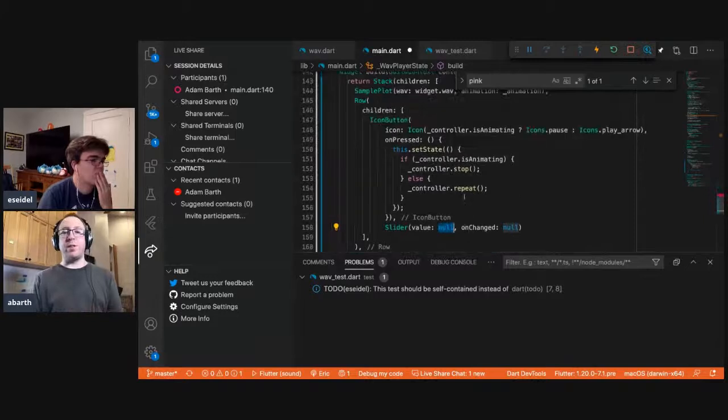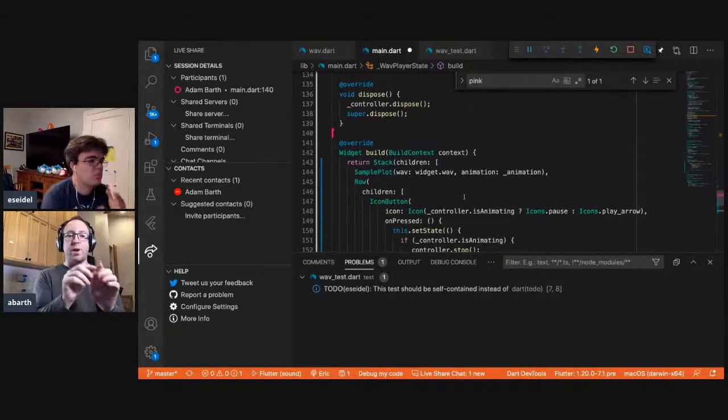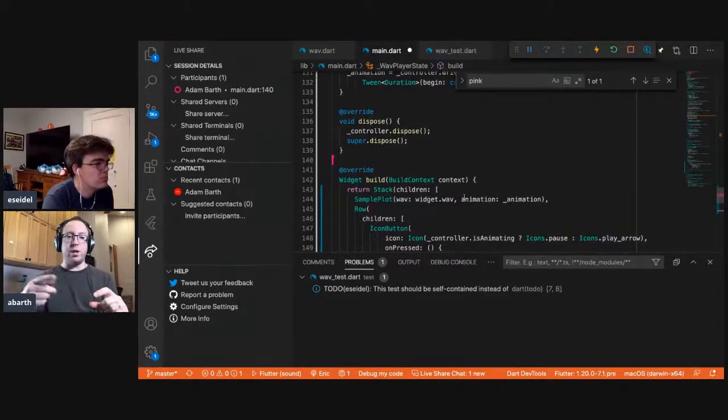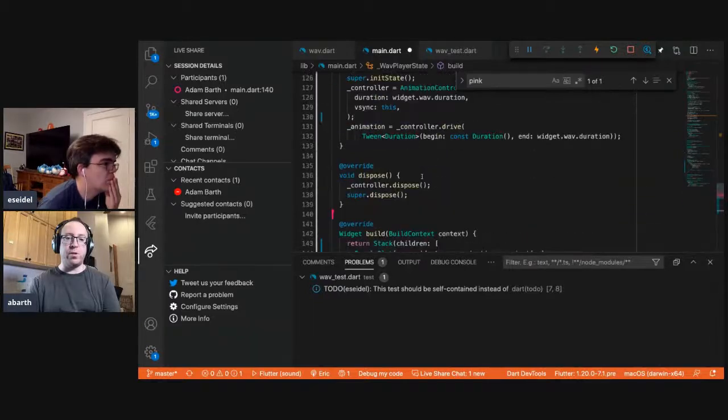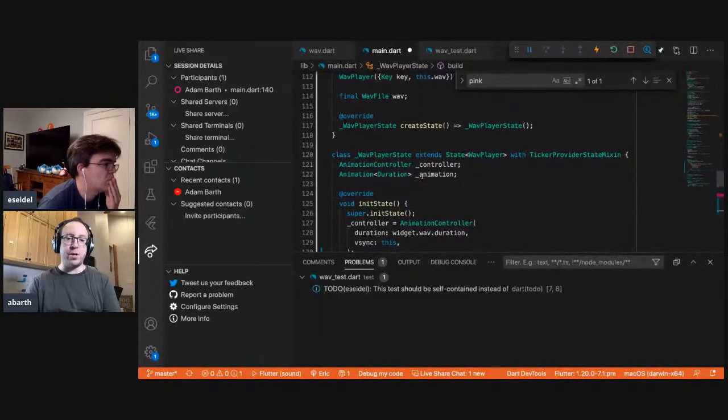So we skipped over something that sort of implied. As we're animating, we want to update the slider, which means there's a pressure in the design to put the slider in the same widget that's already animating, so that it's the one that's ticking every frame and it knows how to update the slider. But the slider not only shows the status, it's also able to control the status. So I think maybe what we want to do is push these controlling widgets down into the sample plot, and also give the sample plot the controller, so that it can both control and observe the animation.